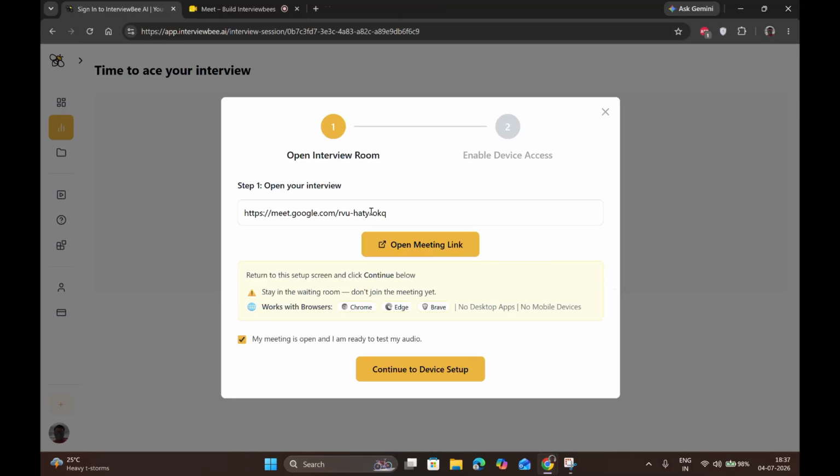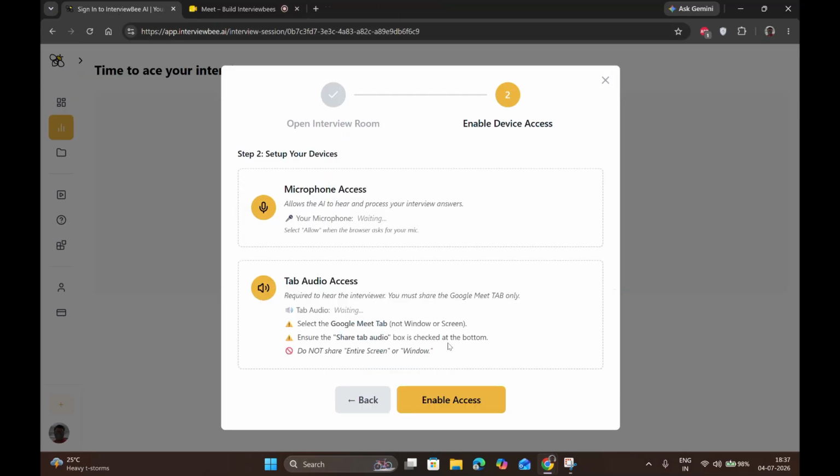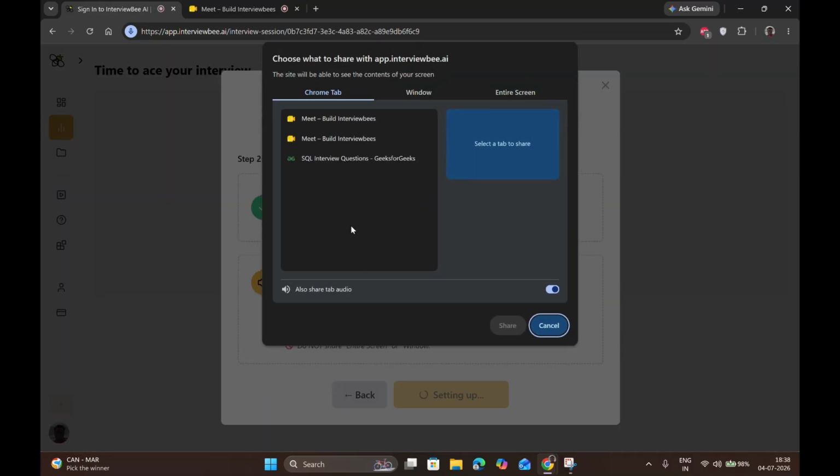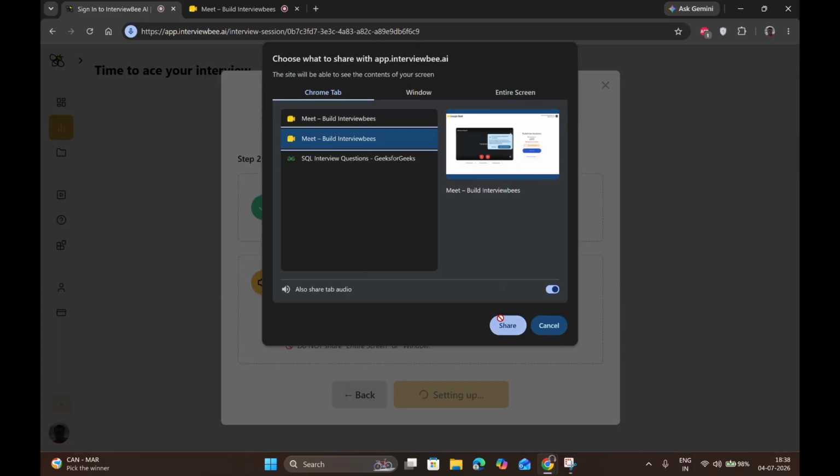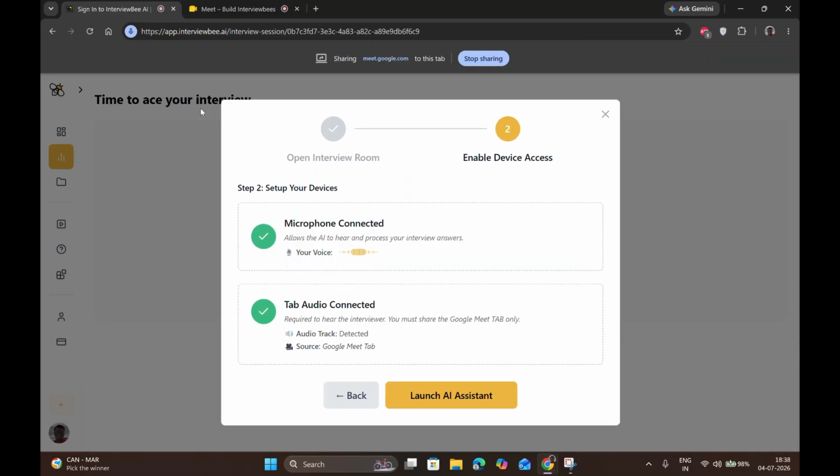I've already opened it, so not needed. Click on continue to device setup, provide the access. The microphone access is already provided, and I'm going to give access to this. Okay, I have two built interviews, so it was not needed. You will need to have one of them active. Okay,